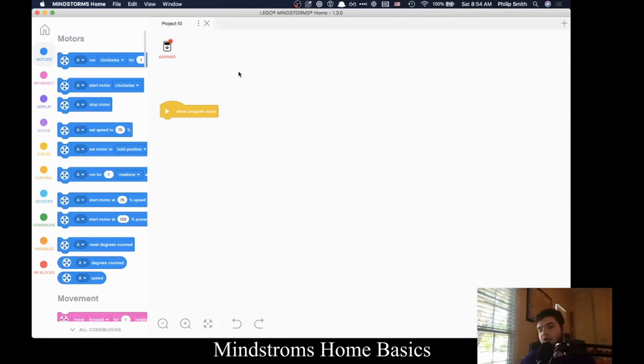An important thing to note if you're coming from EV3G is that Mindstorms Home only has one program per project. I'm going to say that again because it's really important: a project only has one program. So before, if for FLL you made a My Block that was a drive CM and used it for multiple programs, you either had to recreate that drive CM for every single one of your projects, which is a pain, or you had to make